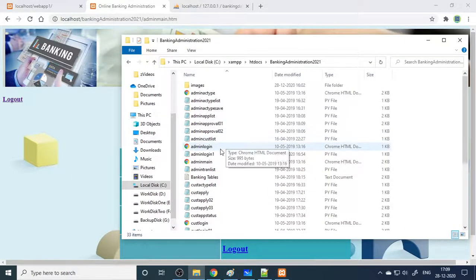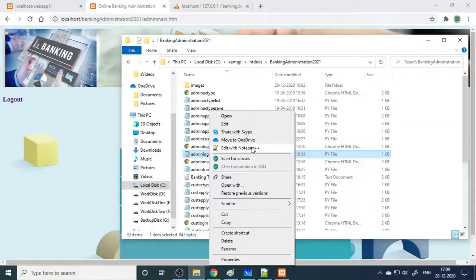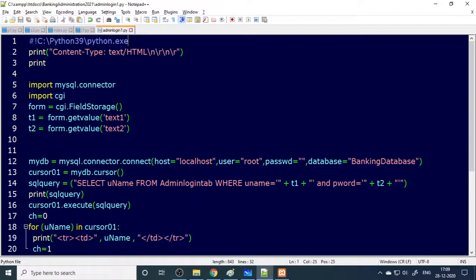I'll show you the code required to check login. Here is the Python path. Then here is the print content type. Then import mysql connector, import cgi FieldStorage, form1 getvalue text1, form1 getvalue text2. This user ID and password are read into t1 and t2.